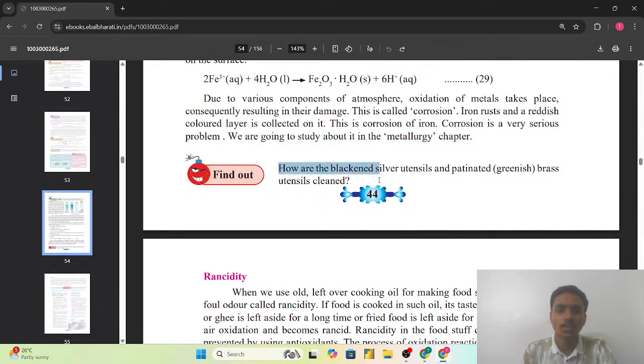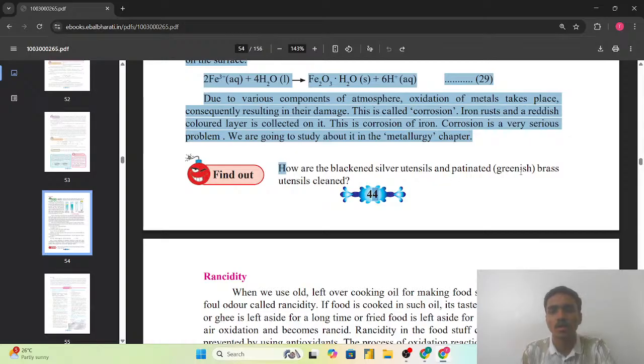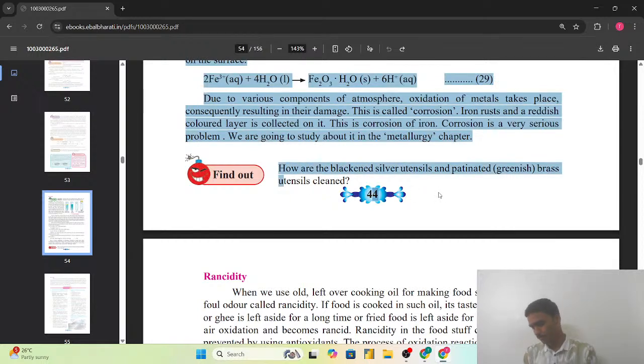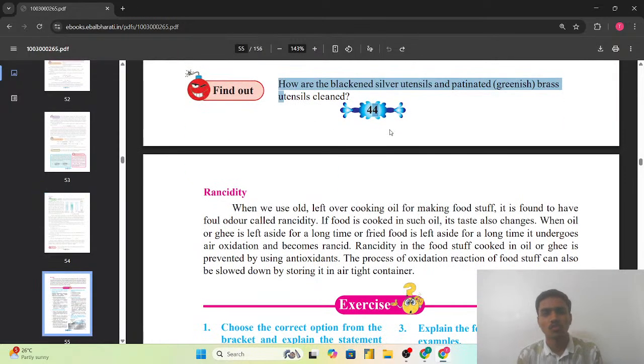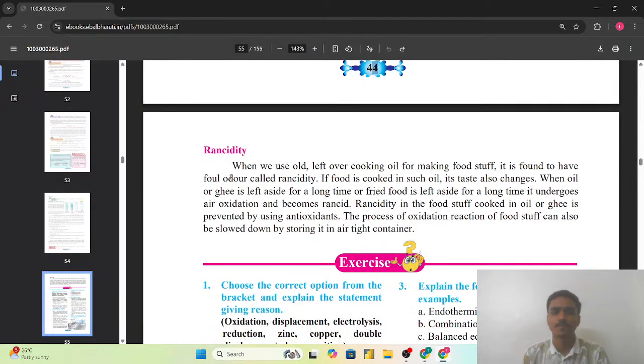Find out how black and silver utensils and patinated greenish brass utensils are cleaned. मतलब यहाँ पर जो ब्लैक एंड सिल्वर यूटेंसिल्स है और जो ग्रीनिश ब्रास के यूटेंसिल्स है वो क्लीन कैसे होते हैं, सो पहले हम देखते हैं कि ये ऑकर क्यों होते हैं, that is the concept of rancidity. When we use old left over cooking oil for making food stuff it is found to have the foul odor called rancidity, मतलब यदि